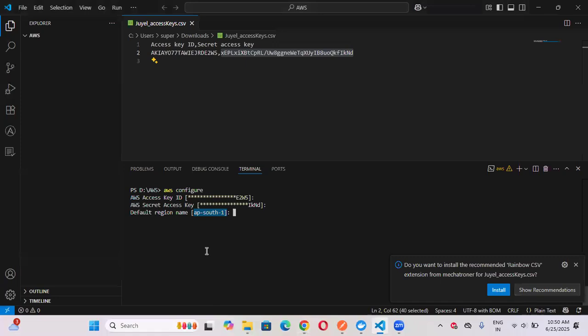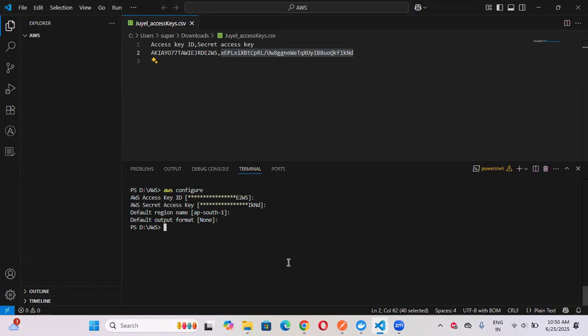Now, after setting this up, you are done with the AWS CLI setting. So now, to check the AWS CLI version,